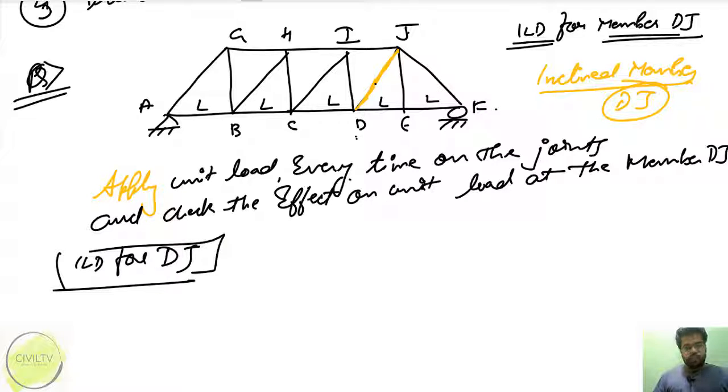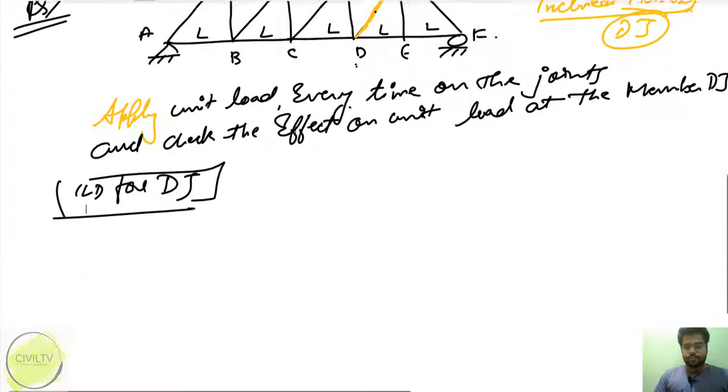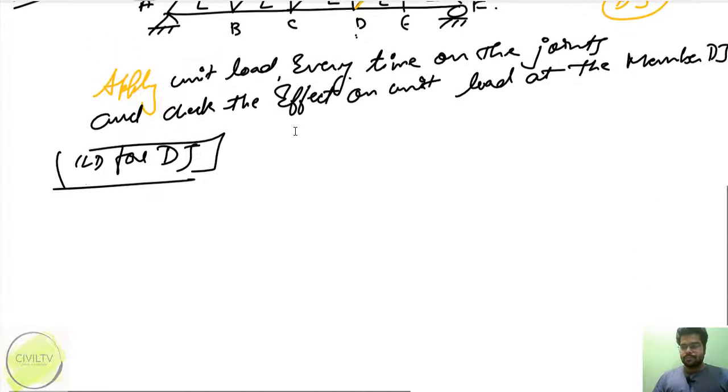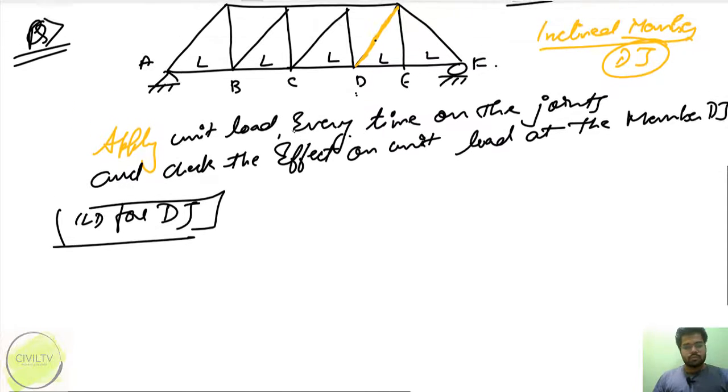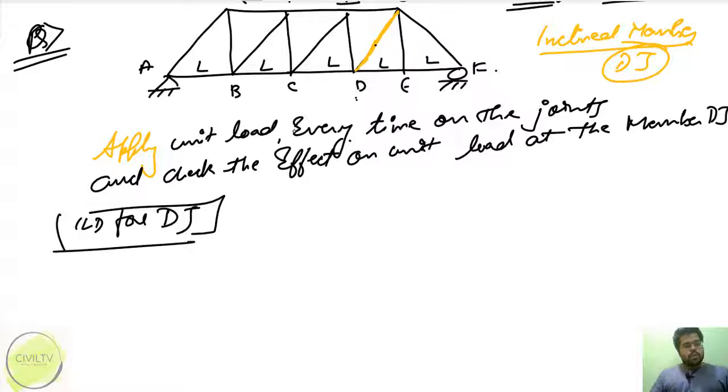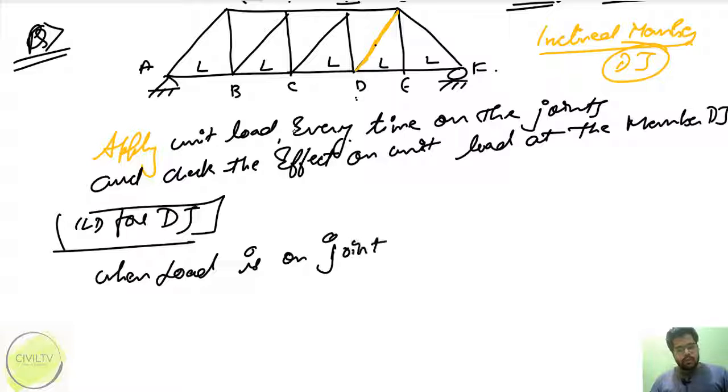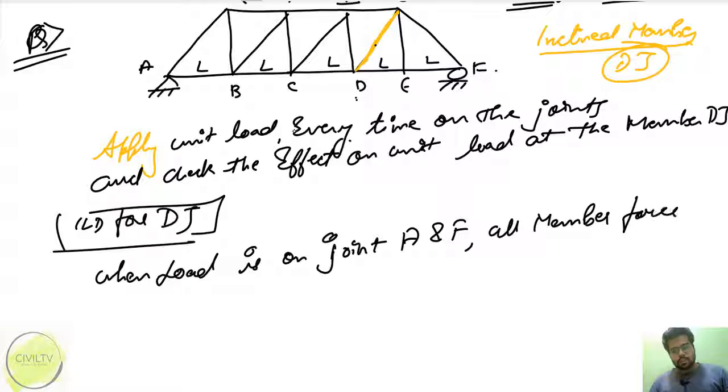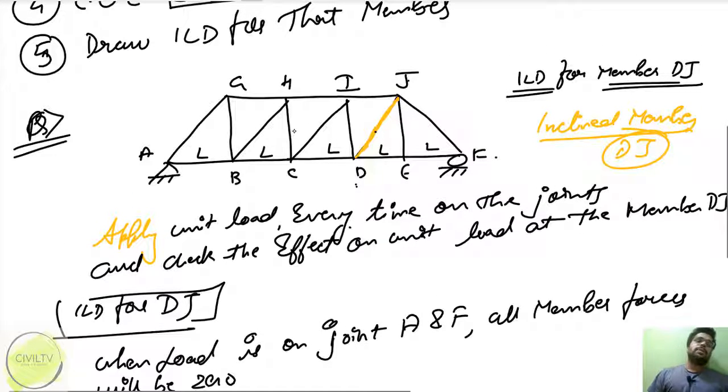Okay, right, so when load is on joint A and F, right, all member forces will be zero. ठीक है, डायग्राम से देख के हमें मालूम पड़ जाता है,